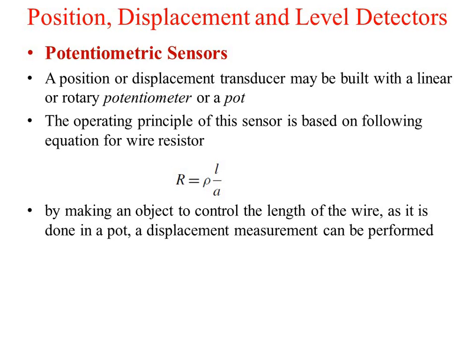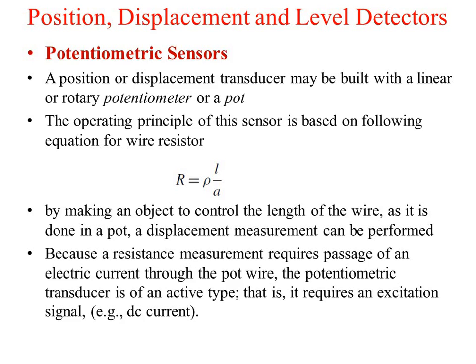So if you are using the wire type of system or wire potentiometer, there are different types of potentiometer available. Film potentiometers are also available, carbon potentiometers are also available, wire potentiometers are also available. So depending on your application, you have to choose the potentiometer. Here we are considering that initially we will be going with the wire type of potentiometer.